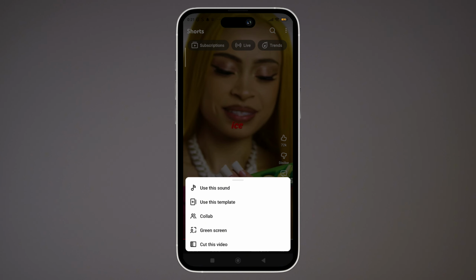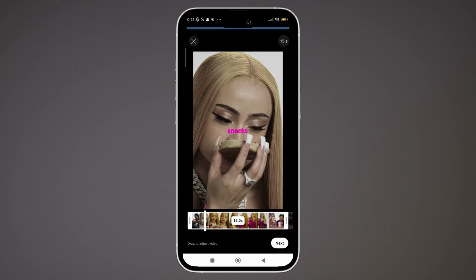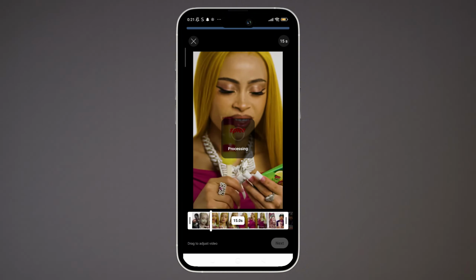And now here, once you tap on it, a pop-up menu will appear. In that menu, you can just tap on the Collab option. And there, you can just tap on Next. And with that,